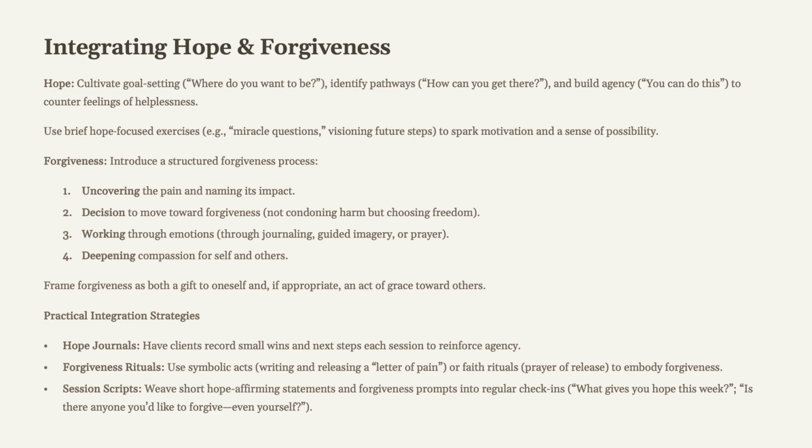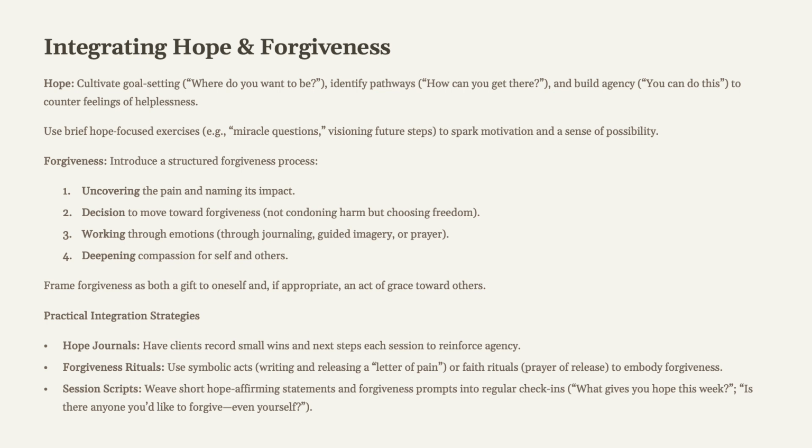Okay. Here are some practical insights, some strategies that I often provide my clients with. We have hope journals. As part of the start of trauma-focused therapy, if they don't have a journal, I usually just tell them go out, buy a journal. Most clients already have a journal they can use. But anyway, a hope journal, a journal specifically for hope, where they record small wins every time we visit that. So what's in your hope journal today? What small win did you have, right? And that reinforces agency.